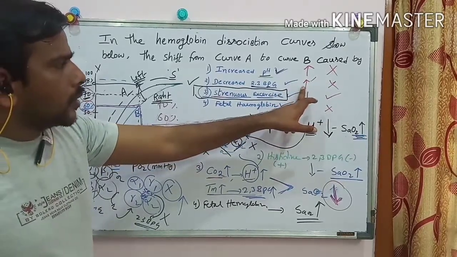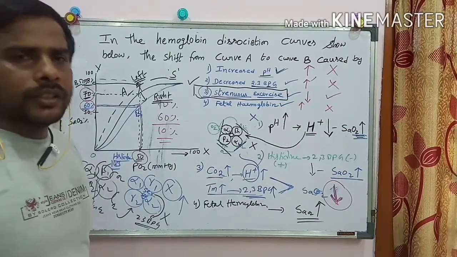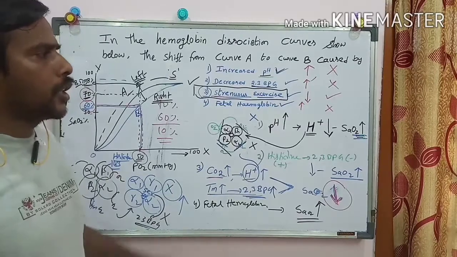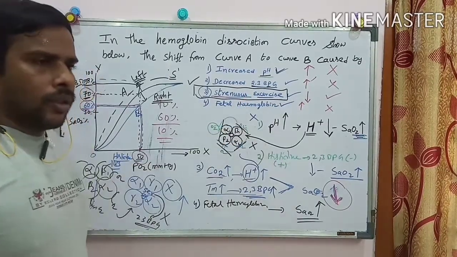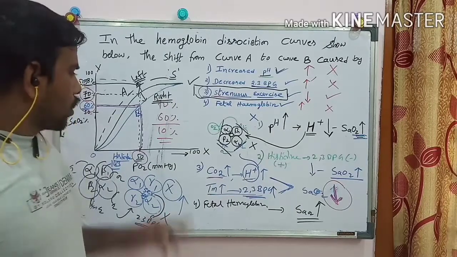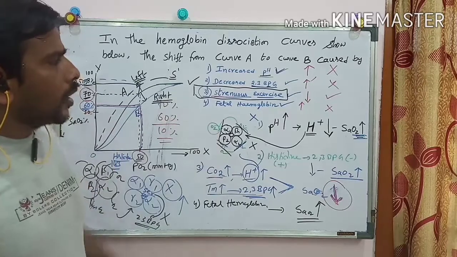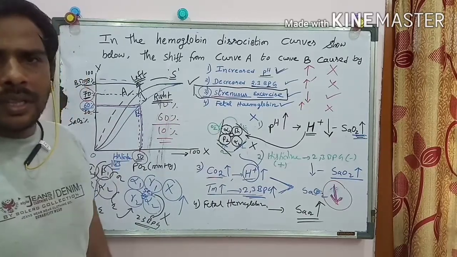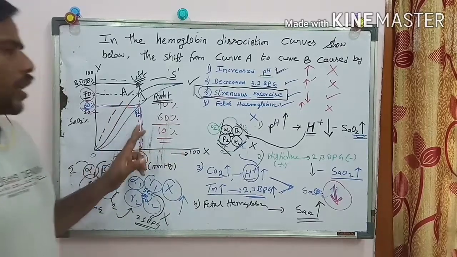And when there is a lower concentration of these, they cannot disrupt the bonding between oxygen and hemoglobin, so affinity will be more. But here in strenuous exercise, all the components can disrupt the binding affinity between oxygen and hemoglobin, so that it can decrease the saturation levels. So the curve shifts from the normal to the right.